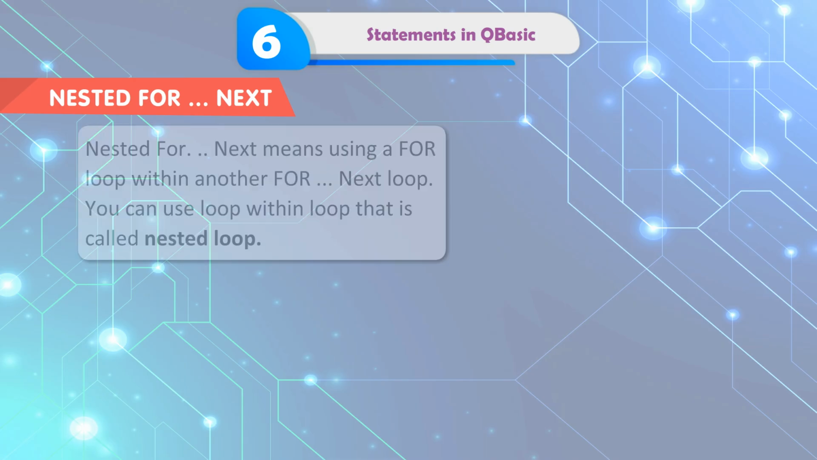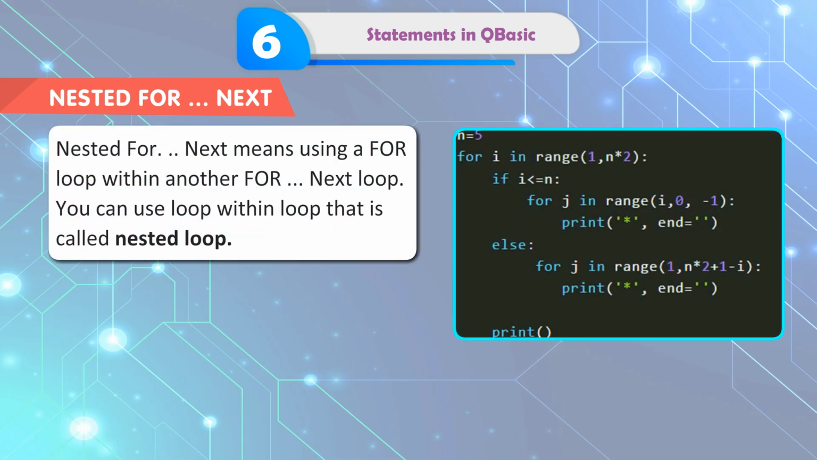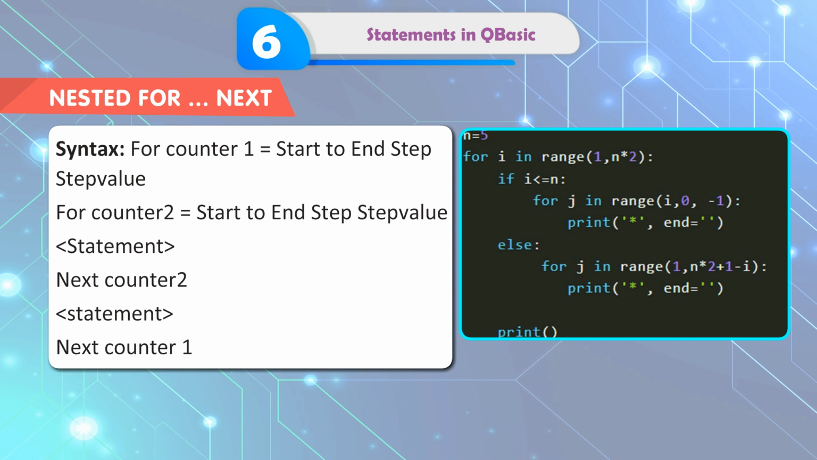Nested For Next. Nested For Next means using a For loop within another For Next loop. You can use a loop within a loop, and that is called a nested loop. Syntax: FOR counter1 = start TO end STEP step value, FOR counter2 = start TO end STEP step value, statement, NEXT counter2,